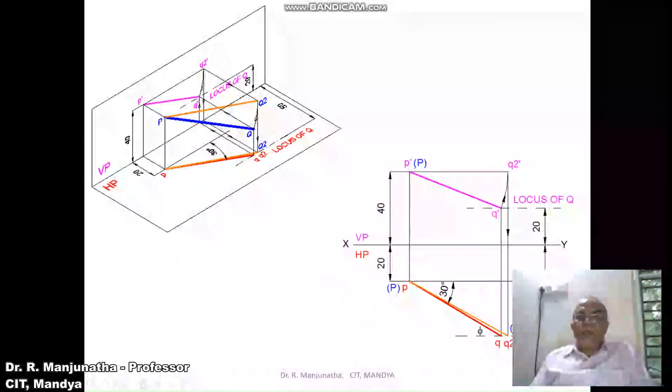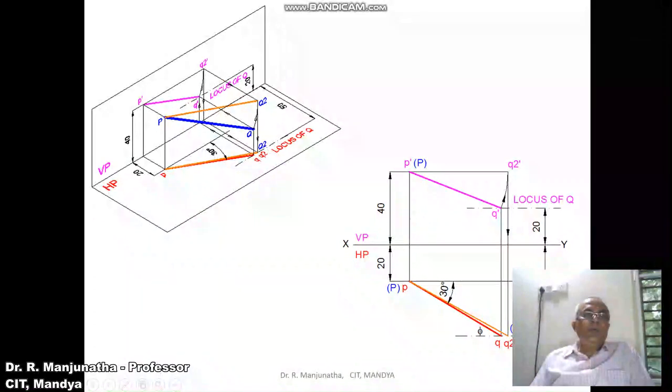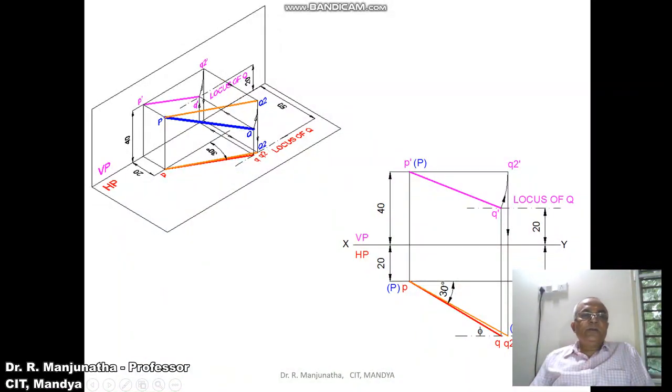Similarly, now we are going to find out the true length in HP. To find the true length in HP, you make the line parallel to HP. So you rotate the line which is in space such that both P and Q2 will be above HP by 40 mm. So you make it parallel. When it is projected, it will fall on the horizontal plane. So this line will be the true length line. That is what we have shown here with P dash as center, P dash Q dash as the radius, you rotate it and make it parallel to HP.